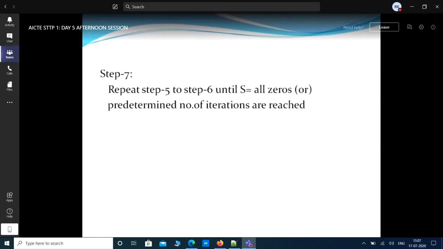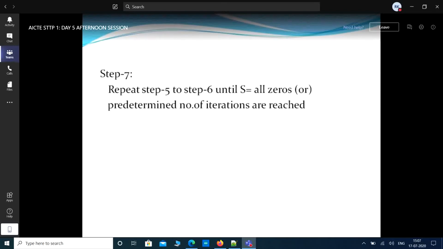And repeat steps 5 and 6 until syndrome S is equal to 0, that is, all positions are 0. Then you can stop your iterations. If you are not getting S equal to 0, then go for another iteration. These iterations are also predetermined, given before the start of the